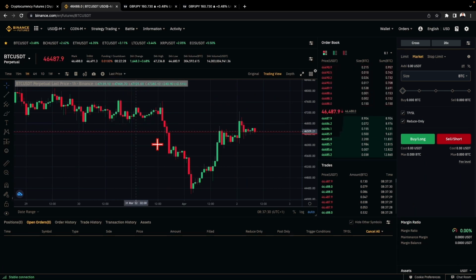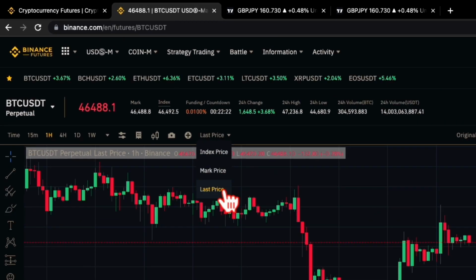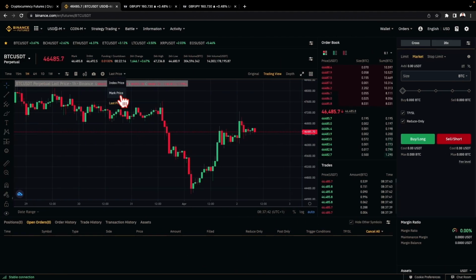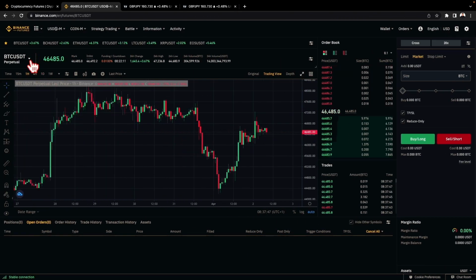And here you can show the price that's being shown to you here. I told you this place is for price. So which price do you want? Is it last price, mark price, or index price? Simply go with the last price, since that's what most people use in trading. Mark price and index price are used for calculations. Since we're using perpetual contract, that is used to do some calculations for you, but that's not our focus in this class. So here we are through with what's at the top of the chart.